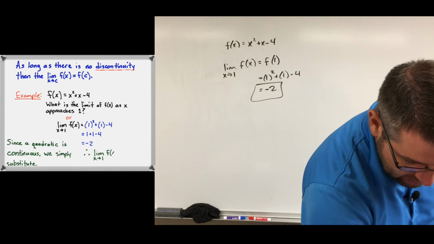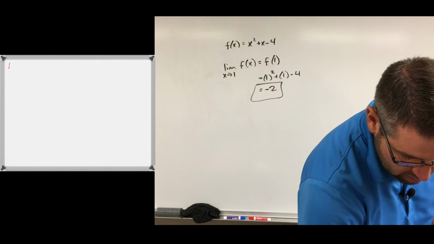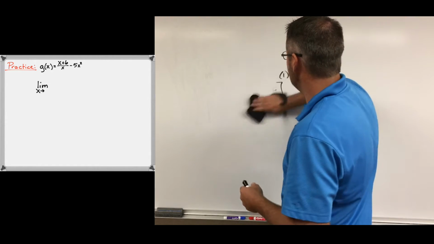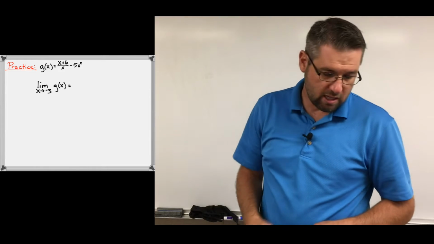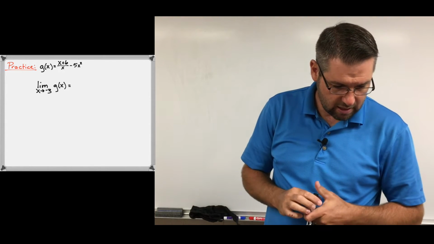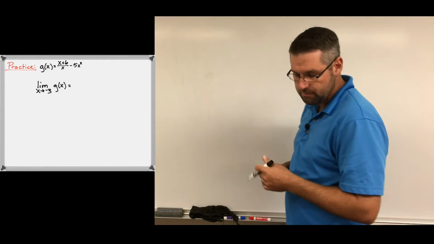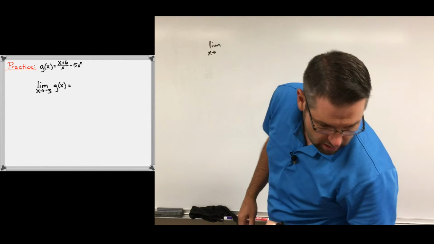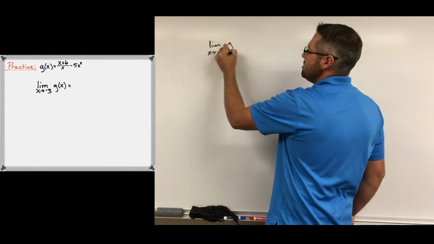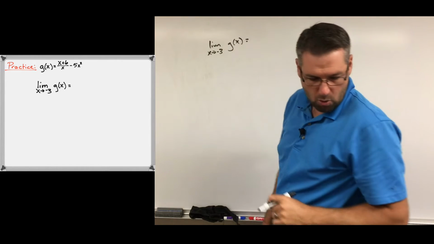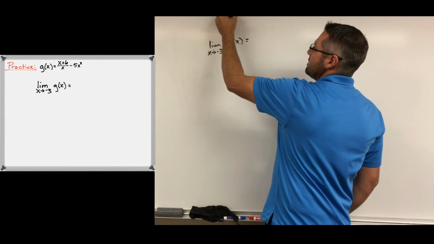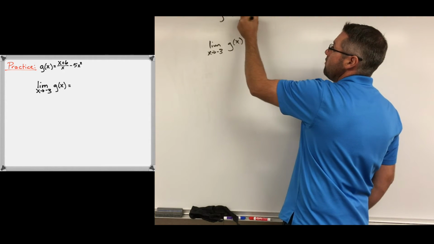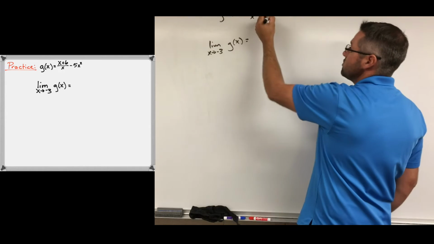Let's go ahead and take a look at another problem here, a practice problem. So if you find it beneficial to pause the video and try this on your own, and then push play, that's fine, you can do that. But I'm going to go ahead and go over this. We are looking for the limit as x approaches negative 3 of g of x. That's the question. Well, let's look at g of x. g of x is equal to x plus 6 over x minus 5x squared. Okay, so